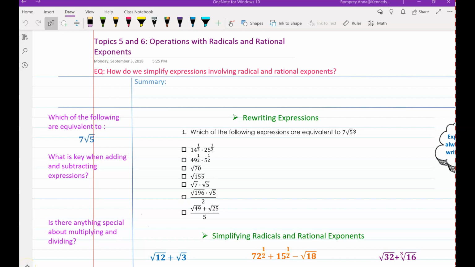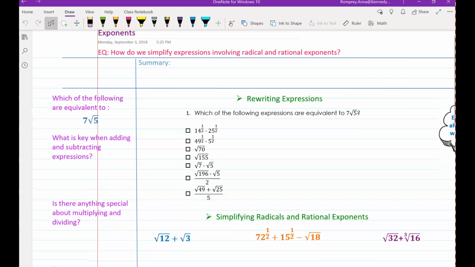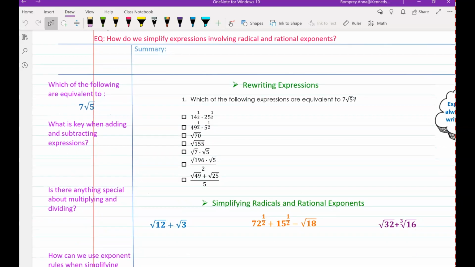Hey guys, so we already talked about converting back and forth when something's in radical form and giving it a rational exponent or vice versa, having a rational exponent and converting it to radical, because it helped us simplify. So today we're going to look at some questions and work with actual operations, so adding, subtracting, multiplying, and just to simplify those expressions. So our first one, it says, which of the following are equivalent to 7 root 5,